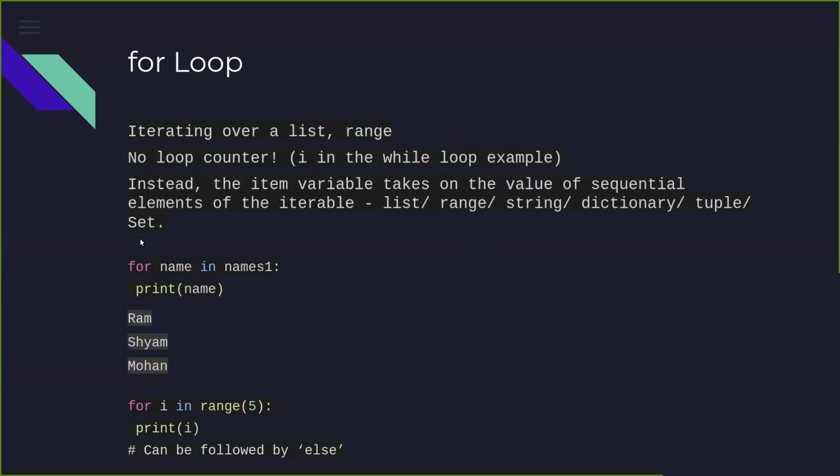Sometime next week, we will get introduced to these data types also. So the for loop works on what we call the iterable objects in Python. And these are the iterable objects, not just the list and the range, but certain other types of things also can be used in iteration for the for loop. The for loop can also be followed by an else, which we had not taken an example of earlier. And that is something which gets printed after the for loop is over. We will show you one example today.